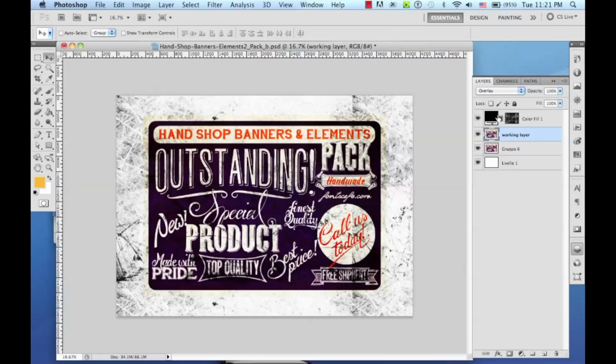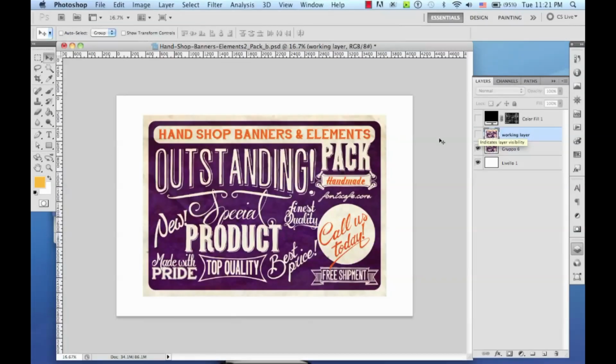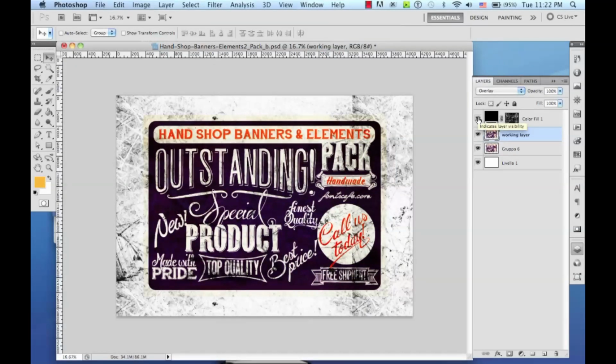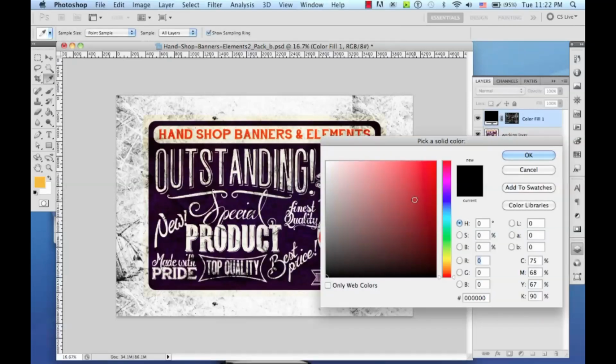And you can see here that we have a mask layer and then another working layer that we can do some different effects to. The nice thing about this action is it doesn't actually touch the original image. So here, let's actually go through a couple ways that we can customize this effect. One of the first things you can do is you can change the color of the scratches here. You can pick through the color selector,